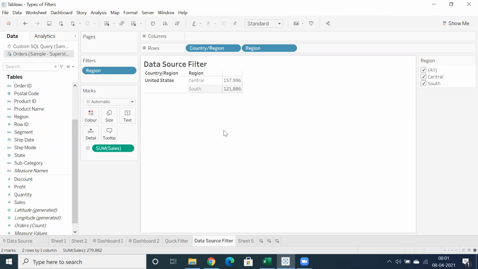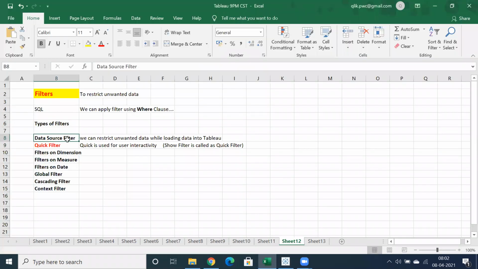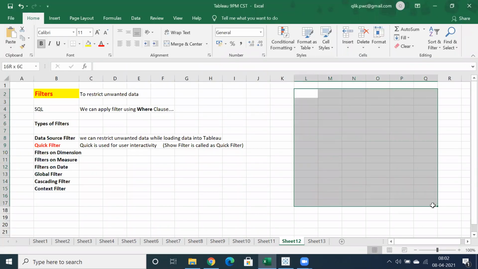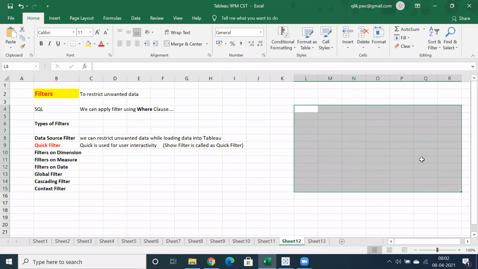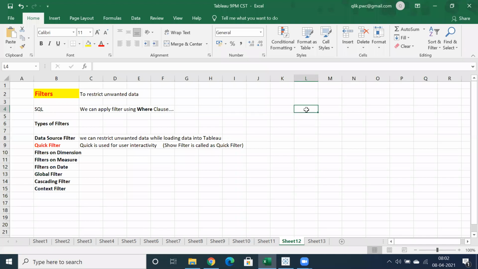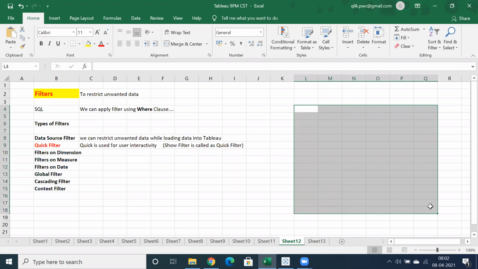This is the initial class, so I don't want to make it more complex. What I mean to say is, data source filter is nothing but, there might be huge data, a lot of countries' information. But if the project is only for United States, I need to consider only US data. You understand, right? There is a lot of global information in my database, but I don't want to load all other information.